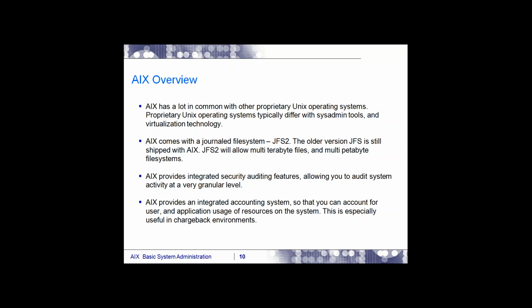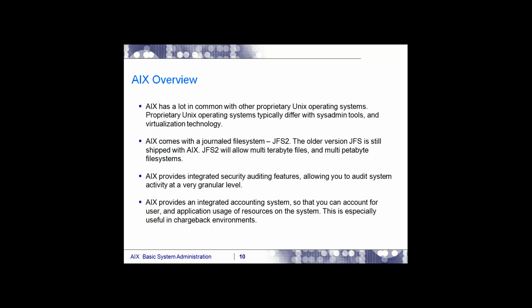Most of the time we used to face problems where the file system is full: root file system is full, USR file system is full, home file system is full. We don't have any other alternative in other Unix and Linux flavors because they are just sliced partitions. You can't go beyond that. You can't add this space to that slice. But in AIX, we don't have such an issue at all.